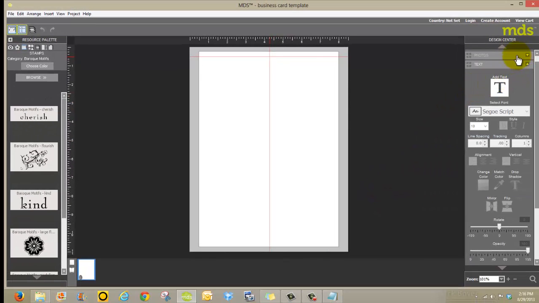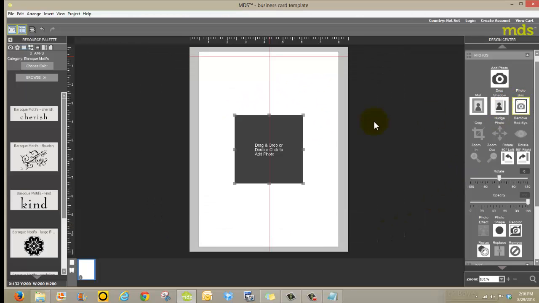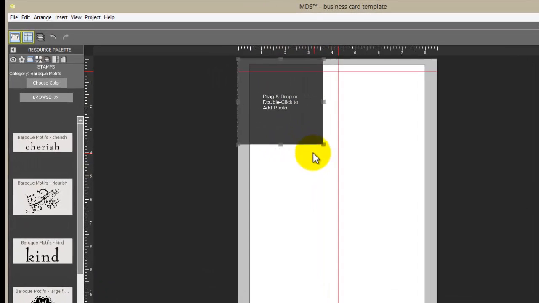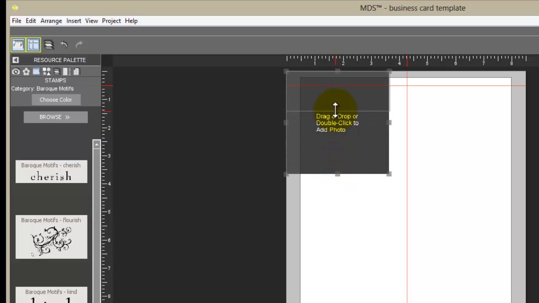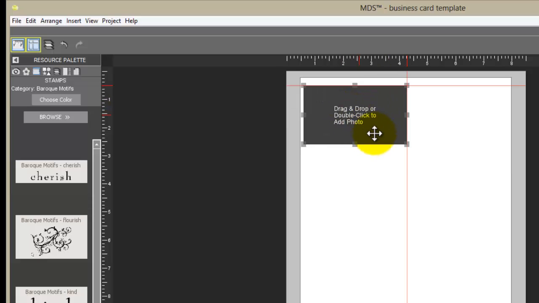Then you need to add a photo box to put your picture of your business card in. And oops, I'm going to add a photo box and put it up here at the corner so I can get the right size for the card. I make it just a hair bigger than 2 and a hair bigger than 3, and then I pull it over here and set it right here on the corner of the page. I'm going to nudge it up just a little bit to make sure it covers really good,